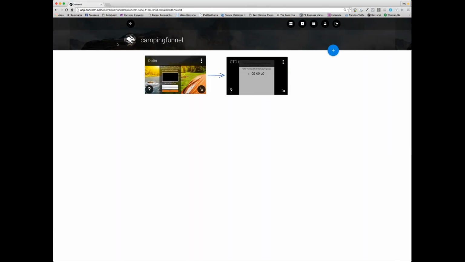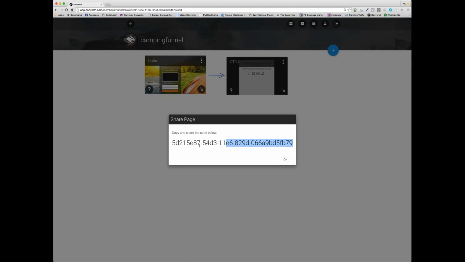Okay, let's finish up this funnel really quick now, because I'm going to show you the share functions within Convertri that are going to allow you to duplicate pages super, super fast. So what I'm going to do is grab this page, hit this three-dot button, ask it to share, and we get this code. So we just copy the code,